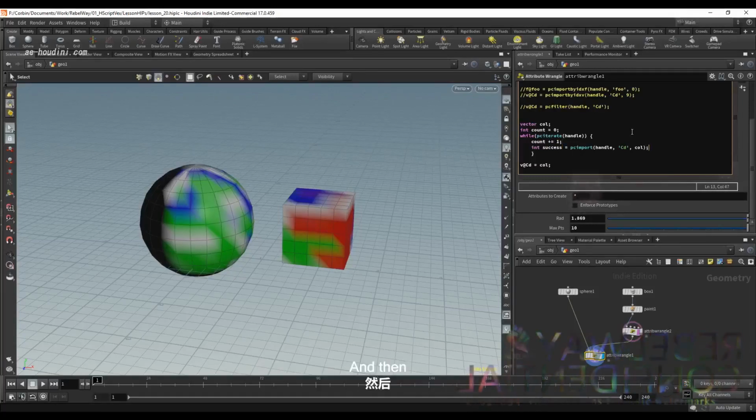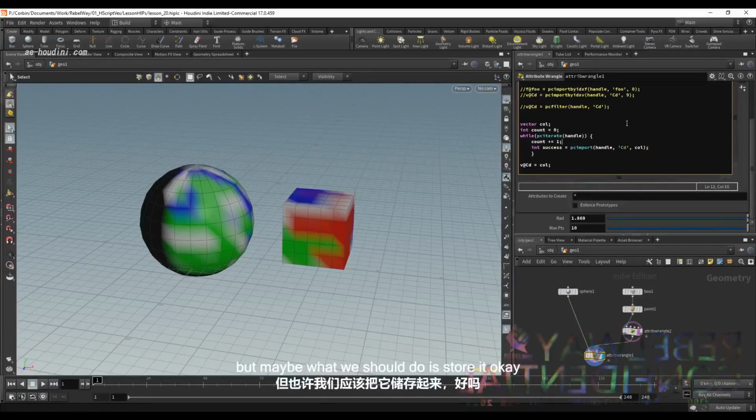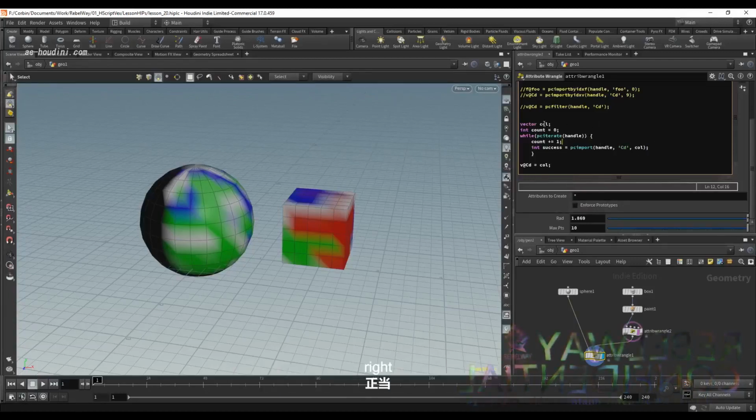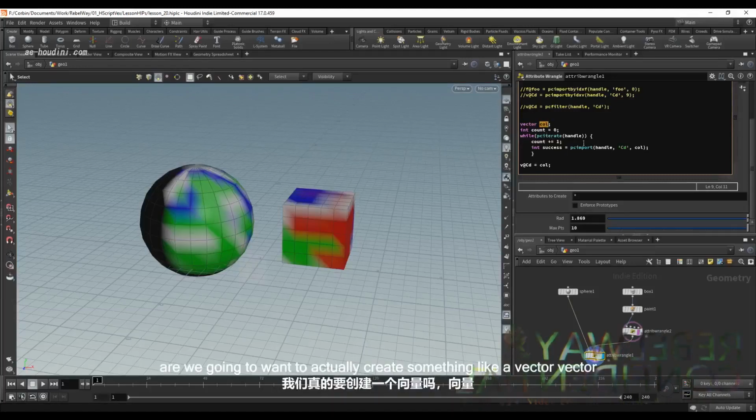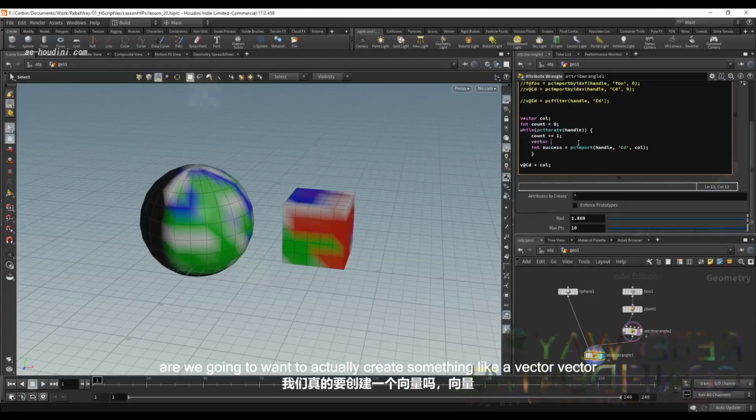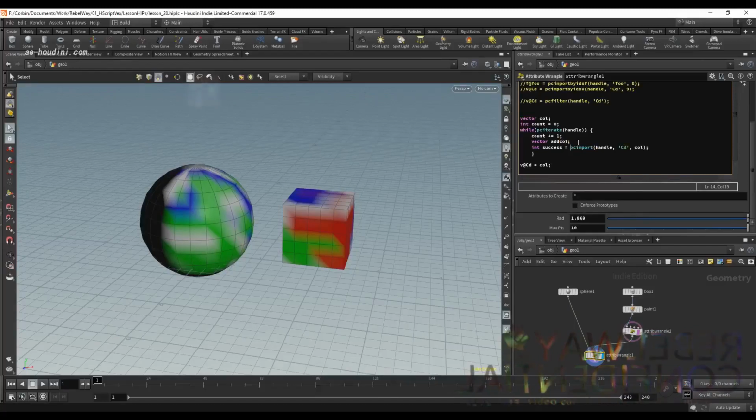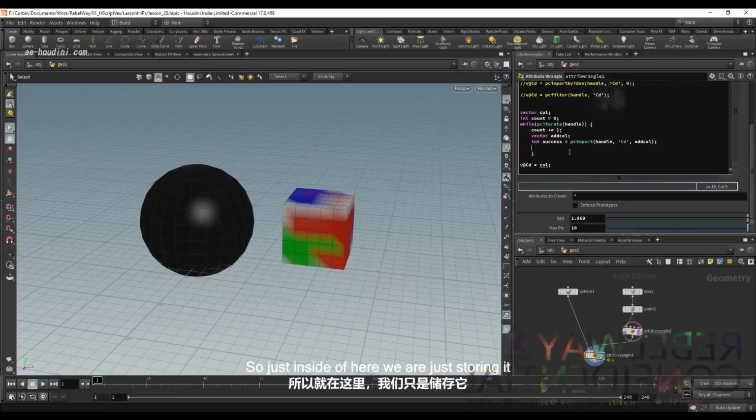Okay, and then we're importing this color attribute, but maybe what we should do is store it. Okay, so we need to add them all together, right? So col is actually going to be our final color, but we're going to want to actually create something like a vector, add col or something like that. Okay, and then we're going to store this value in the add col instead. So just inside of here, we're just storing it, and then we're going to